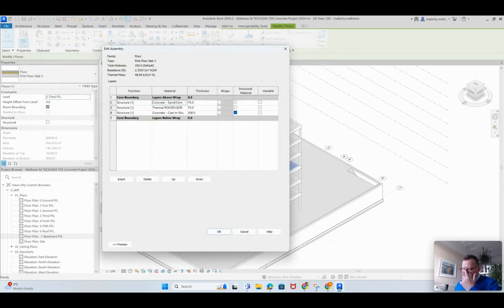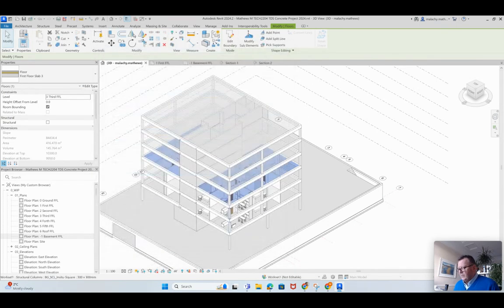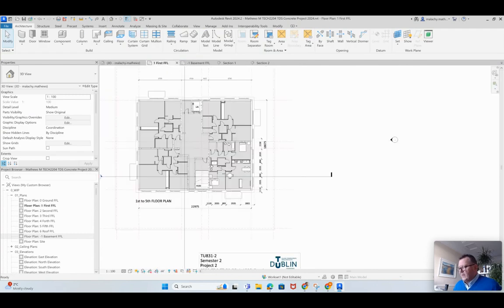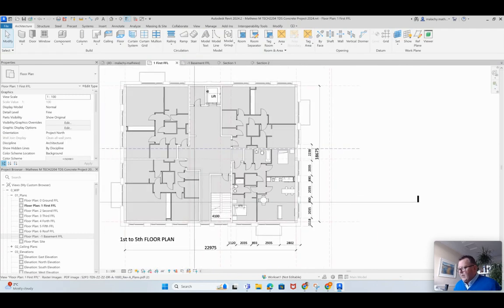And that's the build up of my floor. Your floor might be different. I am going for a sand and cement screed, and I am going for insulation, and I am going for a slab here. Okay, that's the way I want to do it. You might do it differently, and that's fair enough. So there we go. Now, if I come over to my first floor plan,